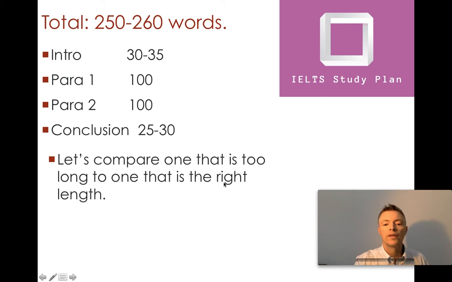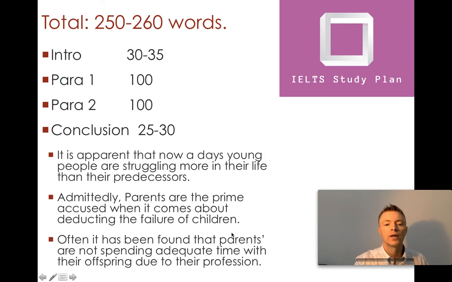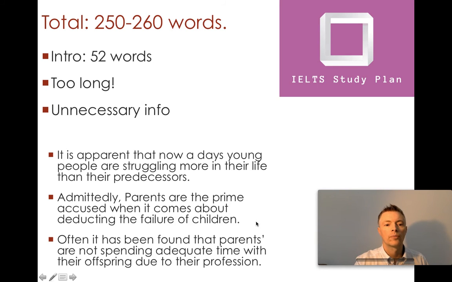So let's compare one that is too long and one that is the right length. So here's a student that is too long. 52 words, again, unnecessary information. What is the unnecessary information? Again, this is about teenagers. The problems are caused because the parents aren't at home. So this just says